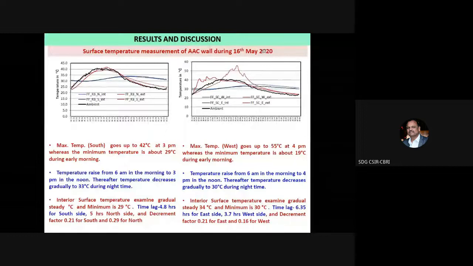But on 16th May, when it is peak summer, the sun path is near our particular latitude and longitude, so on both the north face as well as the south face there are peaks, whereas the inside temperature does not show peaks, and it is almost similar, because of the solar path diagram. In the morning the east side has a little bit of temperature, and in the evening the west side has heat. With this, using the steady state, if we know the thermal transmittance value, we are able to find out the inside temperature as well as the heat gain which is coming in.